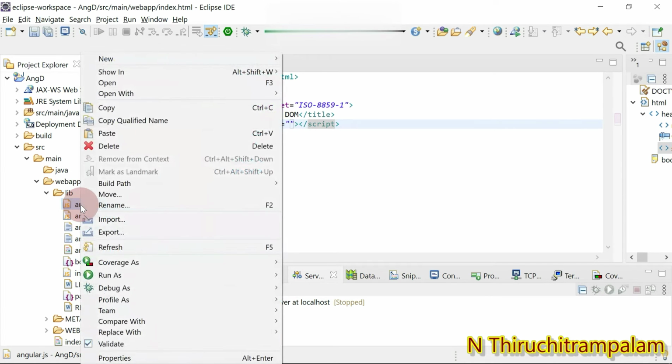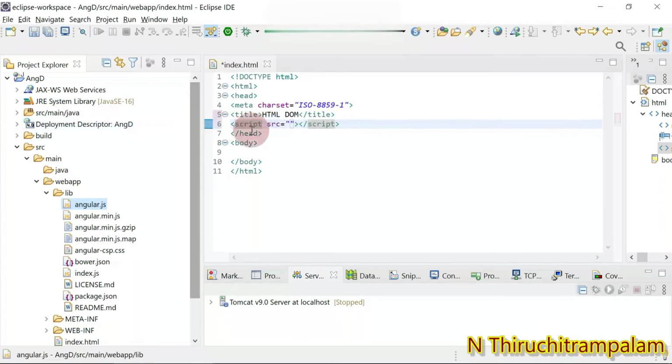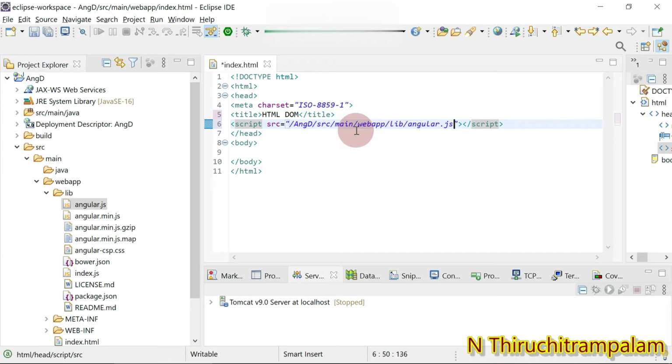Right click on angular.js, which resides in the lib folder, click on copy qualified name, and paste it in the src attribute as the value. So lib/angular.js is assigned to the src attribute.